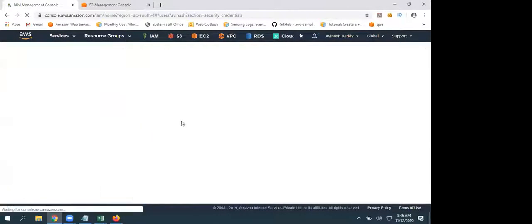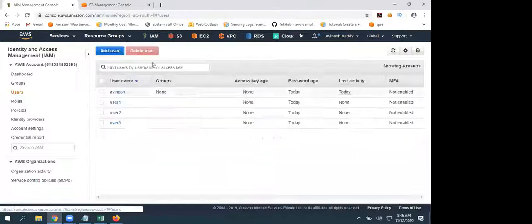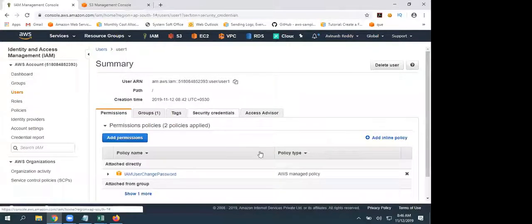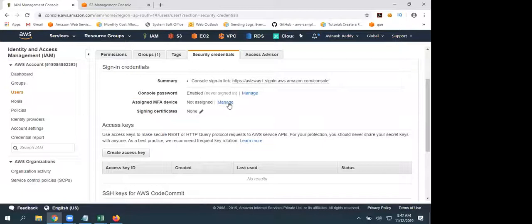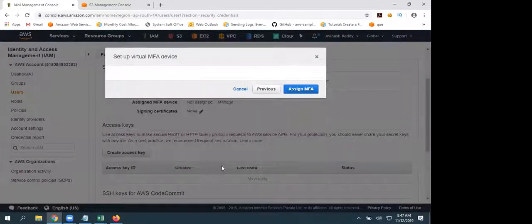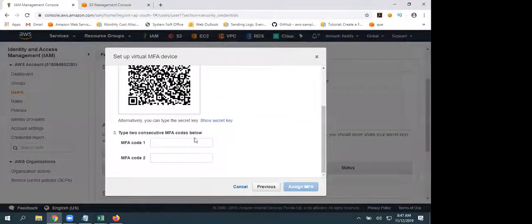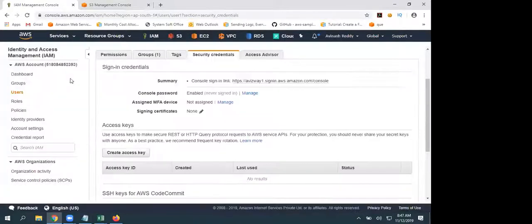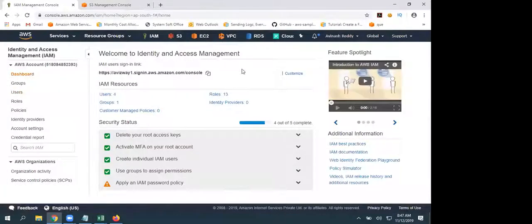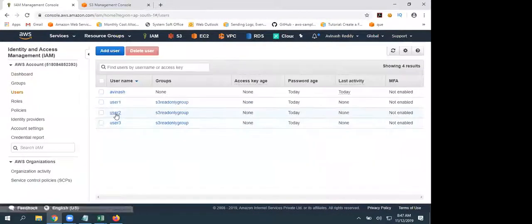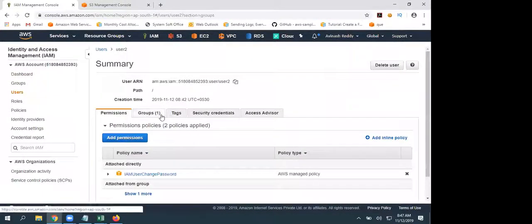Since that account already has an entry, let me pick another user: security credentials, assign MFA device, then virtual MFA. Show the QR code to scan, and enter it. Basically, I'm going to discuss these options in our next session, guys. We have not yet finished IAM, and I'll take you through all these options: what are groups, stacks, access advisor.